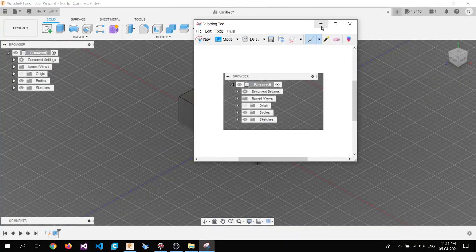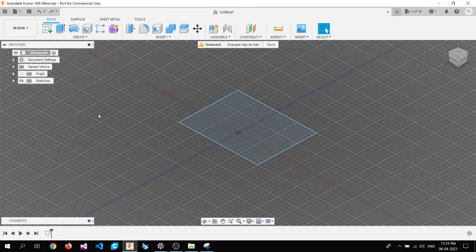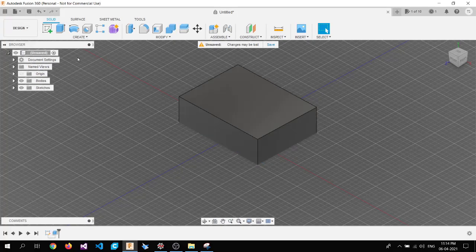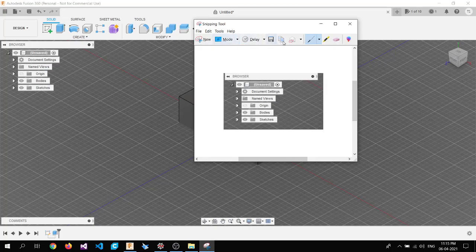So this is one part, and if I go back one step, here you can see the sketch was the last item in the menu browser, and as we move on to the next, that is, we created the body, we observed that the body has been added before the sketch. Now if we consider this as a priority order from here to here, with the top being the highest priority and the bottom being the lowest, you can see here that the body has a higher priority than the sketch. So this is also something we need to understand while automating this.